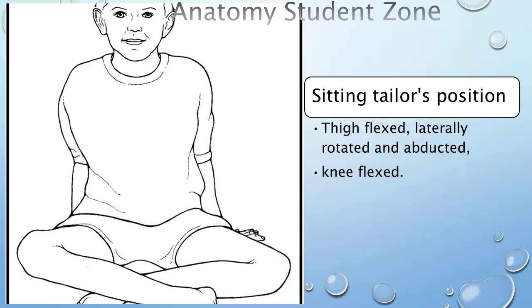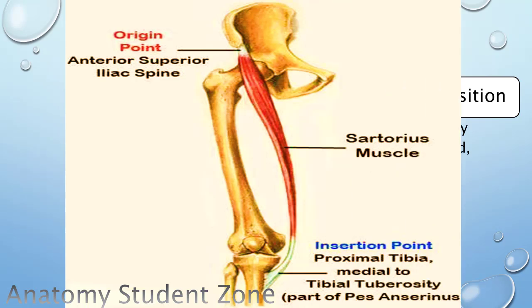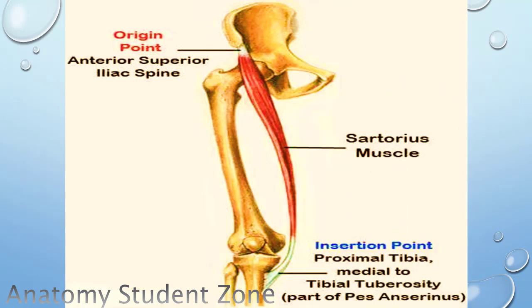But again, I am repeating, none of these actions are strong, because this is a synergist muscle. This is going to act with other thigh muscles which are going to produce these movements. So regarding the clinical correlation of this muscle, attachment is very important. We have covered that sartorius has one attachment on the anterior superior iliac spine, that we have seen.